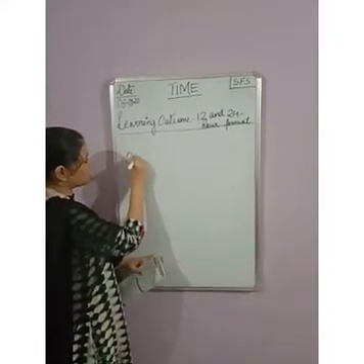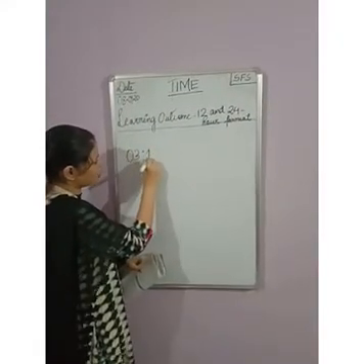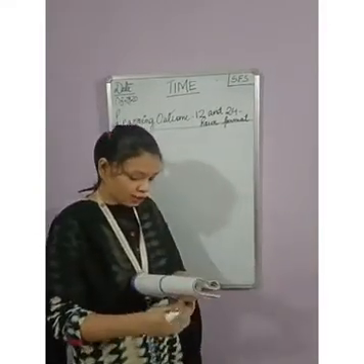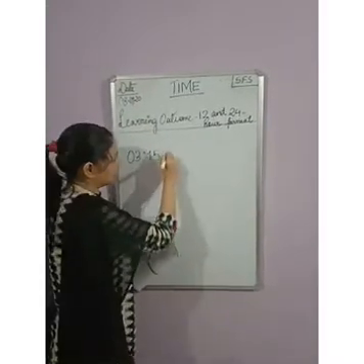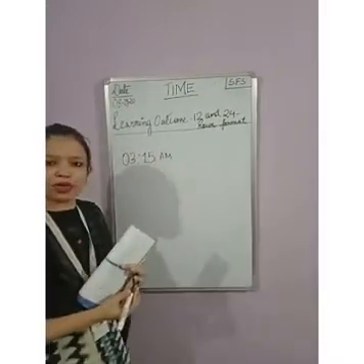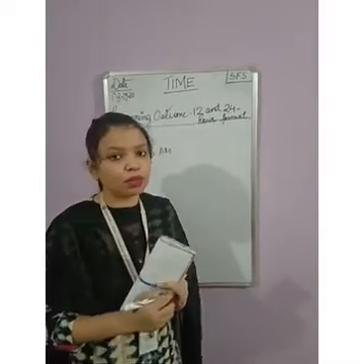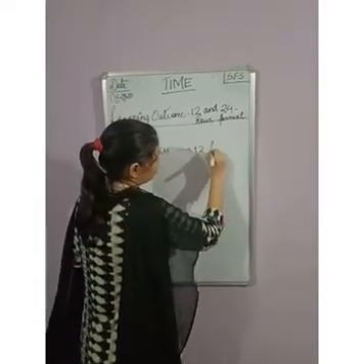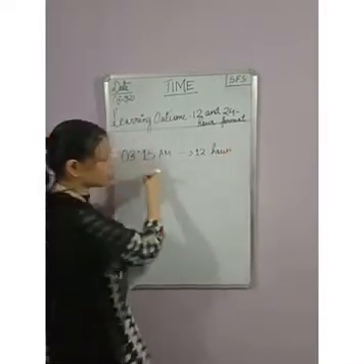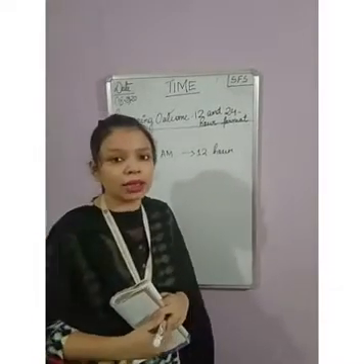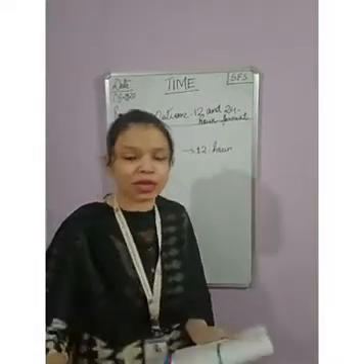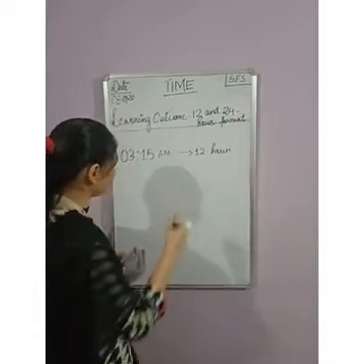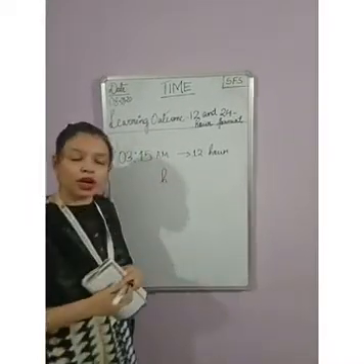Now suppose I take a 12-hour format. Suppose the time is 03:15 AM. The time is AM. So we know that looking at it, it is 3:15 in the morning. This is the 12-hour format. Now I want to express the same time in the 24-hour format. In the 24-hour format, we don't write AM and PM, we write h. What do we write? We write h. h is for hour.